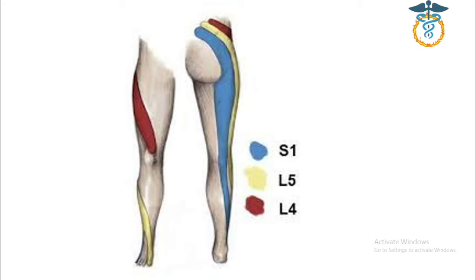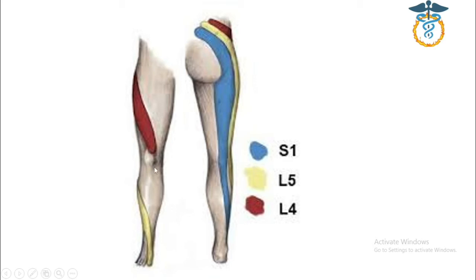For example, the blue color here in the posterior position of the thigh and foreleg shows the root for S1 nerve, and the yellow color here in the lateral position of thigh and the lateral position of foreleg shows the root of L5 radiating pain, and the L4 comes through the lateral position of the thigh, and then it goes through the medial